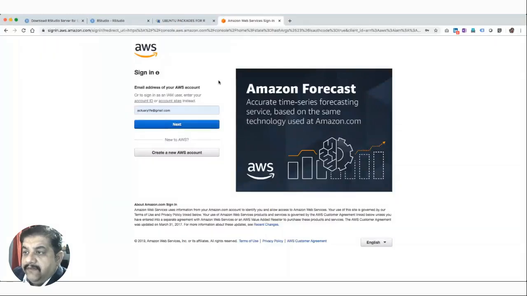But particularly for Indian customers, they have a local entity so that you can pay your bills in INR. Otherwise, the preferred currency that they have, the billing, is done in US dollars. Okay, so